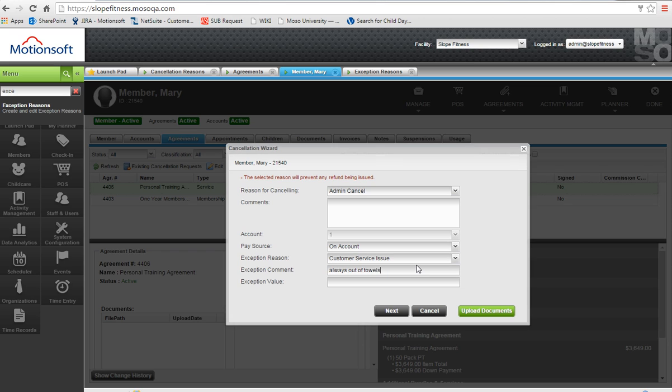Always out of towels. The cancellation fee may be $50 for this agreement, or it may be $150. And so I may be waiving part of that. So let's say it's a $100 fee and I'm waiving 50%. So maybe I want to put in $50 here because that was the whole value of the exception that I made for her. So now if we go through this agreement wizard,